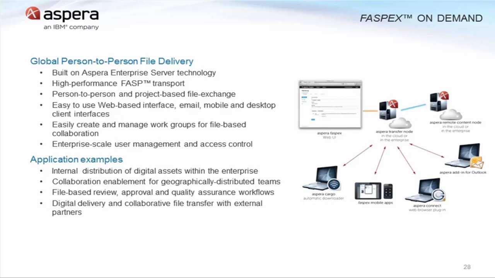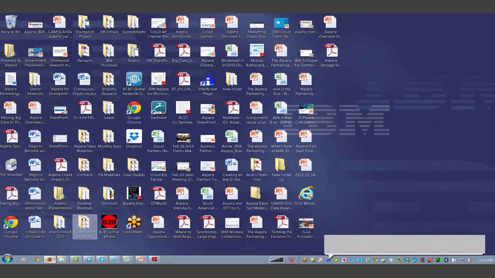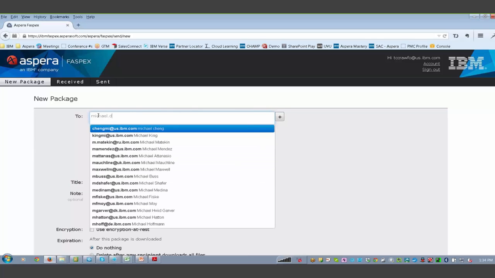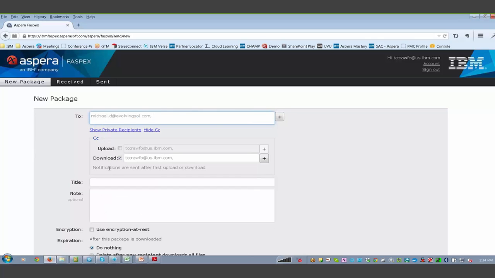So then we also have FastSpecs on demand. And I think the best way to do this is to actually show you FastSpecs on demand. If I share my screen, I'll go back over here. This is FastSpecs that you're seeing right now. This is a browser-based client using our Connect plugin, which is available to everybody. I'm going to send a file to Michael, and I'll just say test file,